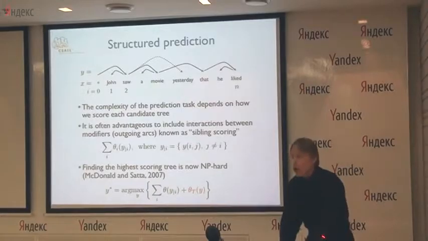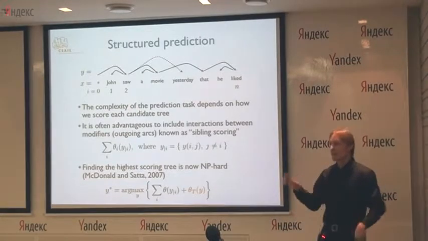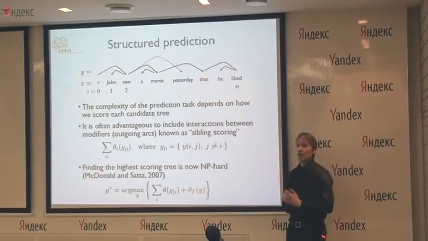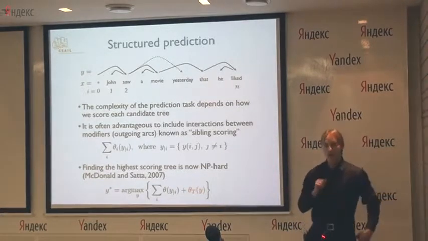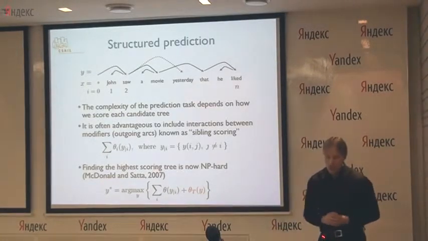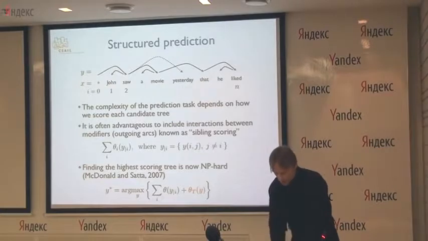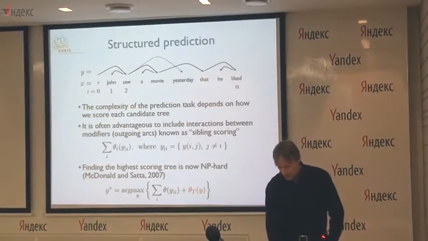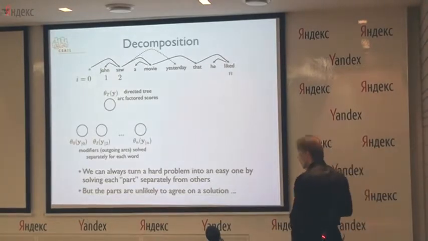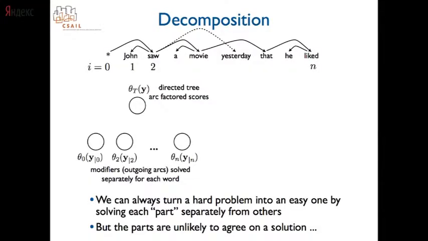All right? And it's almost as soon as you move away from this per arc scoring that you go from a quickly solvable problem to something that's hard. So somehow we have to address this problem. Here's one particular methodology that we've been following in solving these type of problems. The methodology is called dual decomposition. So here's just a starting point of that, which is a decomposition.